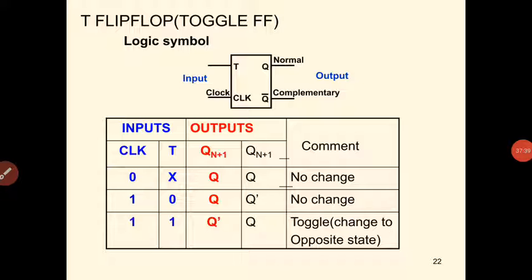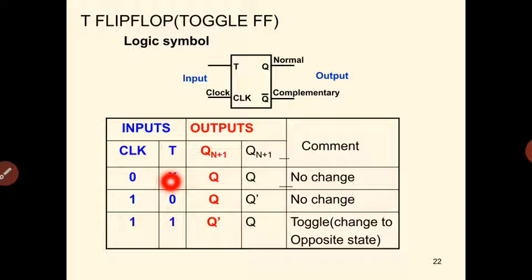And this is the logic symbol of T flip-flop. You will have the T input, clock input, and normal and complementary outputs. If one output is Q, then the other output is Q bar. You can describe the operation of T flip-flop with respect to its truth table as well. The inputs for the T flip-flop will be clock and toggle input, and outputs will be Qn plus 1 and Qn plus 1 bar. So when clock is equal to 0, that means the flip-flop is not enabled,